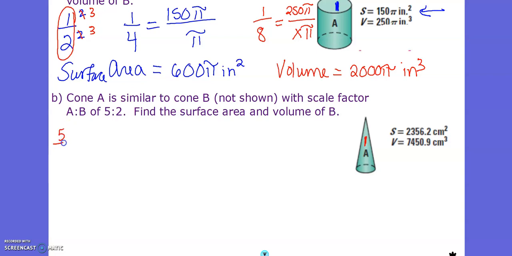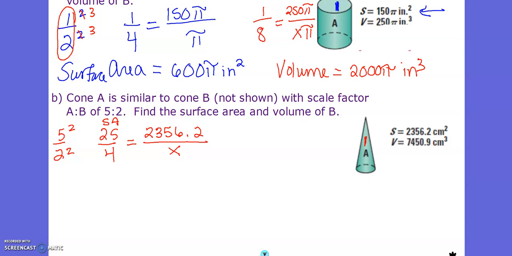So if my original scale factor is 5 to 2, I square it, and we'll get 25 over 4. This is for surface area. That's my new scale factor. Set up my proportion with, and this time they didn't leave it in terms of pi, they just calculated the full value. So we'll do that. Looks like they rounded to the nearest tenth. So in this case, we're going to do 2,356.2